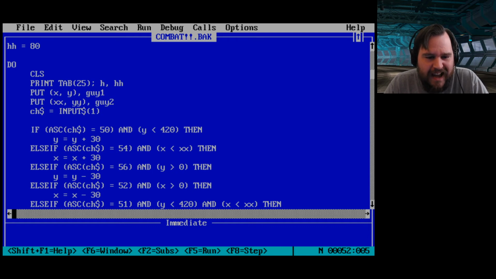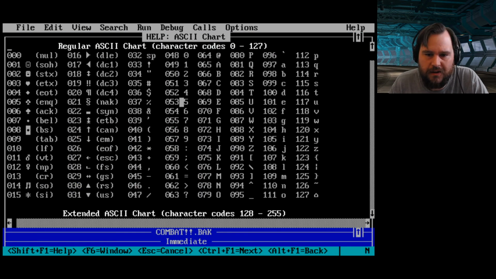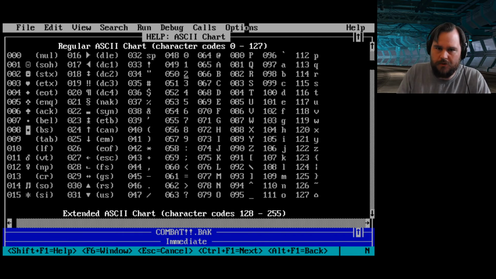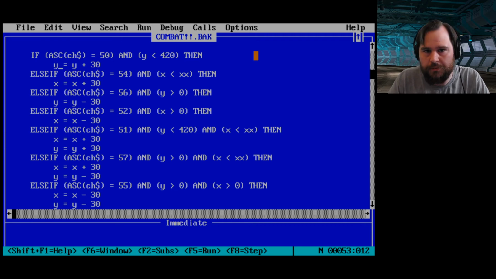Okay, so if the ASCII code of the character that you hit was 50. So 50 is 2. And so that's the number pad. That's going to move the ninja guy down. Okay. So he's going to move down, and that's accomplished by y equals y plus 30. So before, when I said these are 60 by 60 cells, it's even more hilarious because these are actually 30 by 30 cells. And so his screen representation of all the cells in increments of 60 are kind of meaningless, but that's okay. So this will move the guy down. Y values increase in the downwards direction